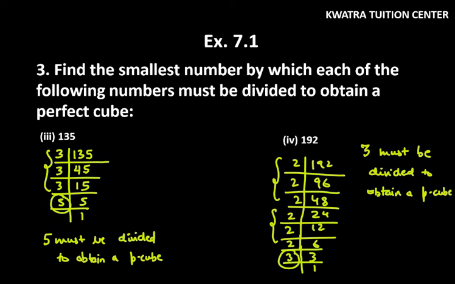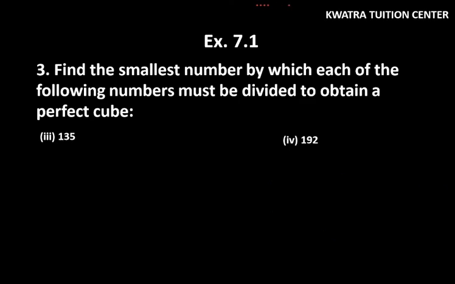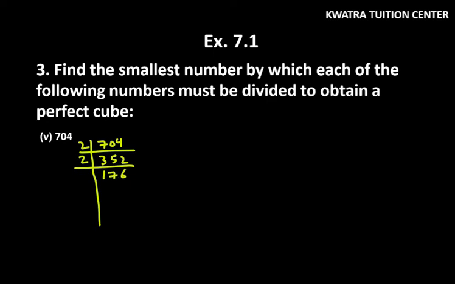Let's move on to the last part, that is 704. So 704 divided with 2. सबसे पहले factors निकालने. So 2 से divide करो, you will get 352. 352 with 2 again. 352 का half कितना होता है, 176. Half of 176 is again 88. 88 with 2 again you get 44. 44 with 2 you get 22. 22 with 2 you get 11. And 11 at the end.